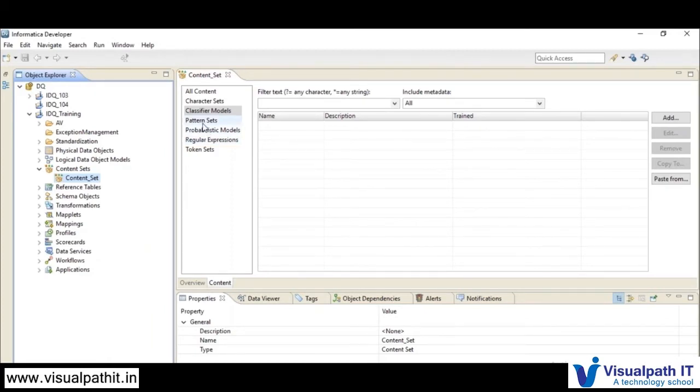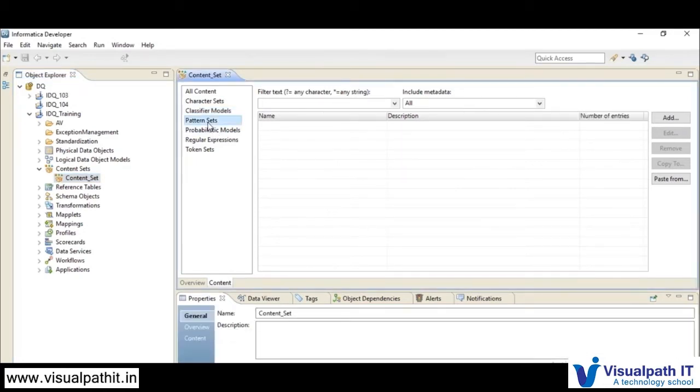For cleansing data, there will again be separate, different models available. This is one example, called classifier, and we also have pattern sets. Sorry, in the parser transformation we will be using these pattern sets and probabilistic models, and regular expressions.